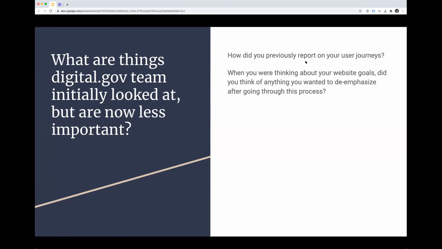Yeah, that's one of the examples. I think as we were looking at unique page use and sessions, and looking across the site, we were trying to group how people were looking and moving across the site in terms of behavior. And as we were talking with y'all, especially as we were looking through the goals, was what were some of the grouped pages, or what were some of the